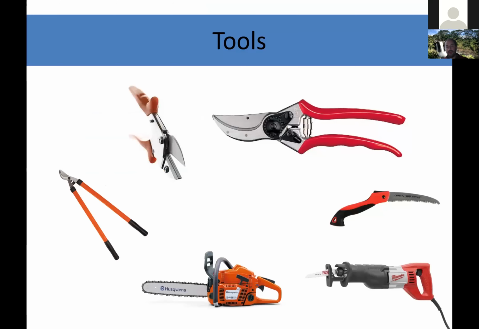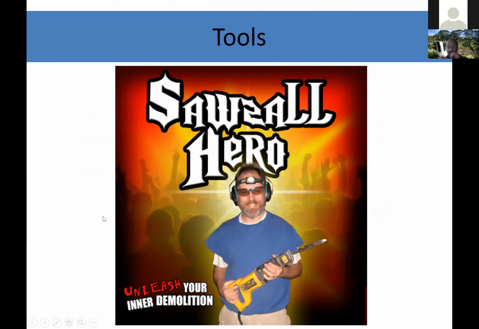I've already talked about tools. The one tool that's on here that I haven't talked about is this Sawzall here. A Sawzall is a reciprocating saw that goes back and forth, and they make pruning blades for them now. So just way safer than a chainsaw if you don't want to get a hand-operated saw. Good for branches, I'd say up to 2 to 4 inches. Does not make as clean a cut as a razor saw, but again, it's a little less work.